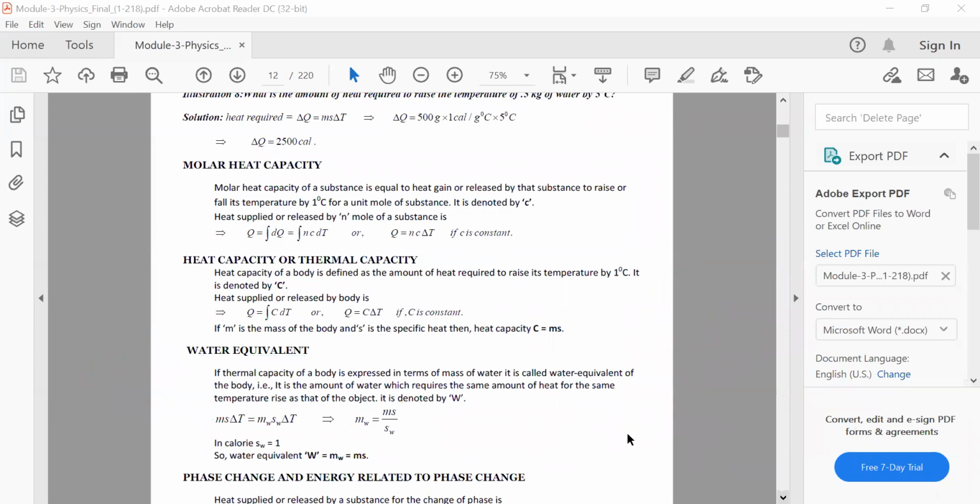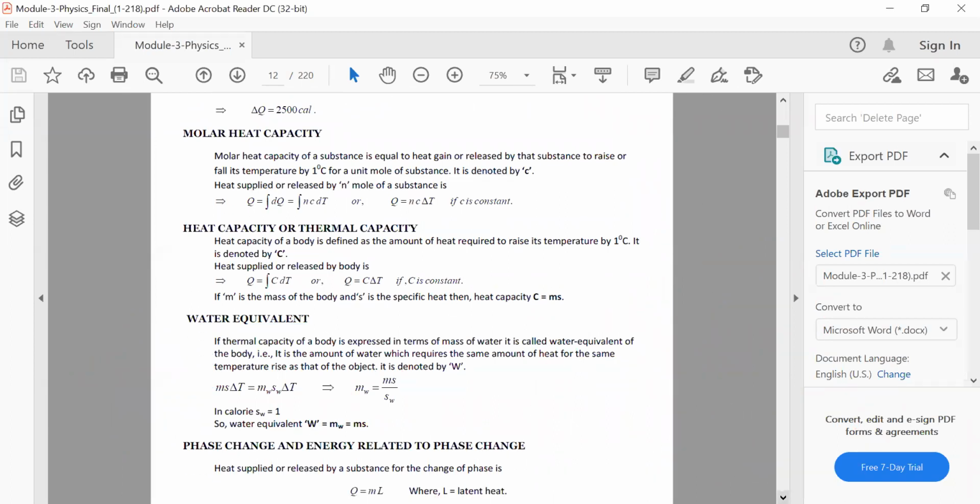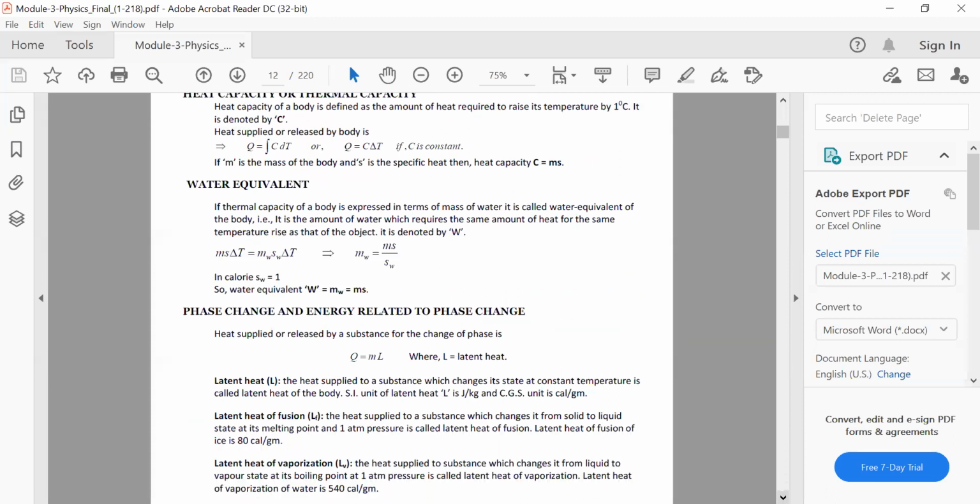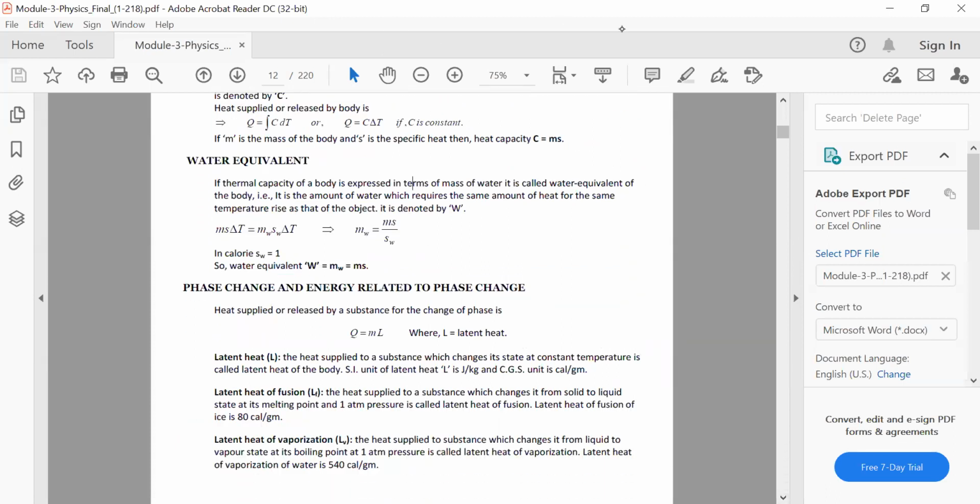If anybody has a doubt in any of these terms, please let me know. We'll discuss again. Then we come to the part of state change and latent heat, which we discussed. Okay. So there are two types of latent heat. Latent heat of fusion, for example, the latent heat of fusion of ice is 80 calories per gram, and the latent heat of vaporization for water vapor is nearly 540 calories per gram.